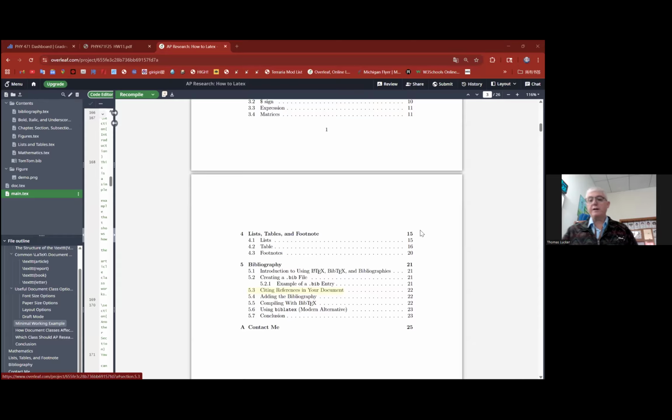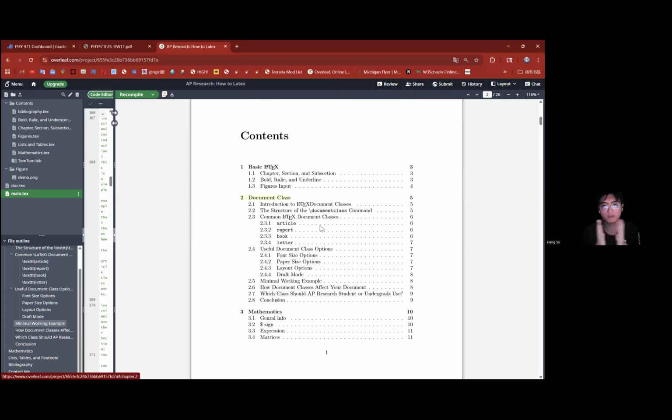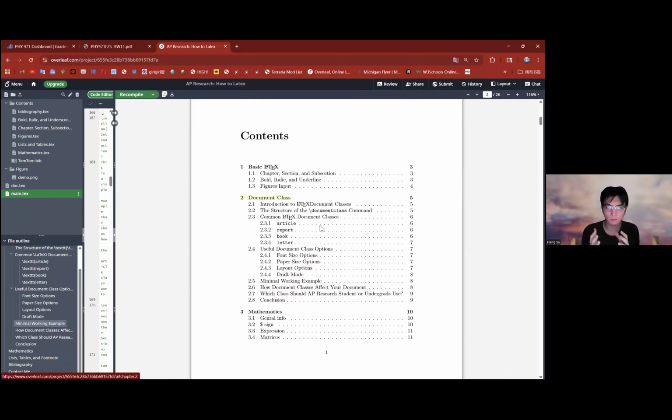Most important part for the research. Yeah, okay. I'm recording this so they can go back to this if they need to. So for today, I will just briefly talk about how to define your own document